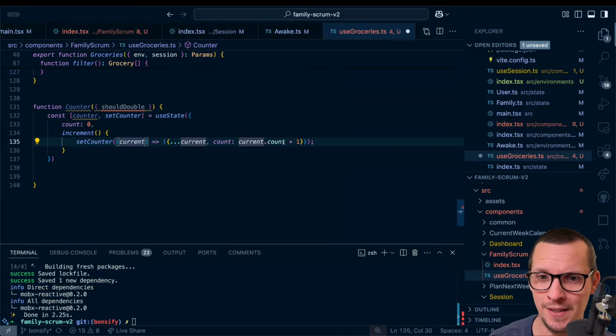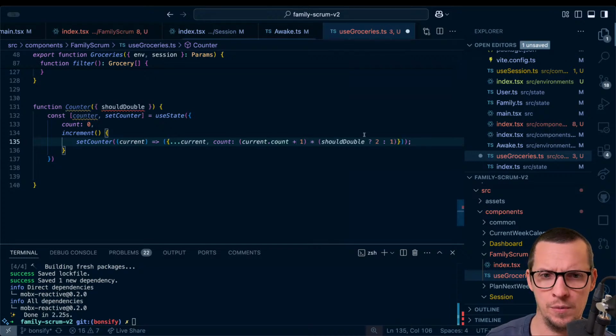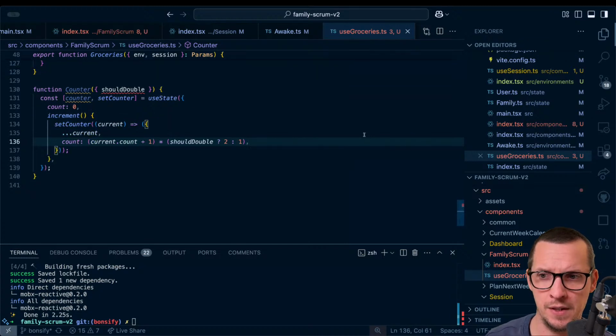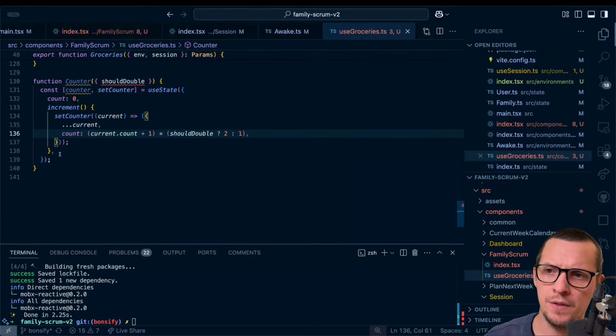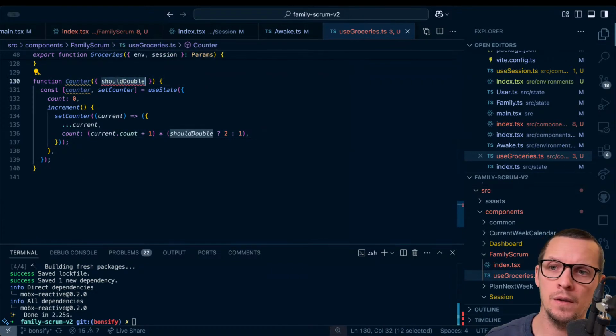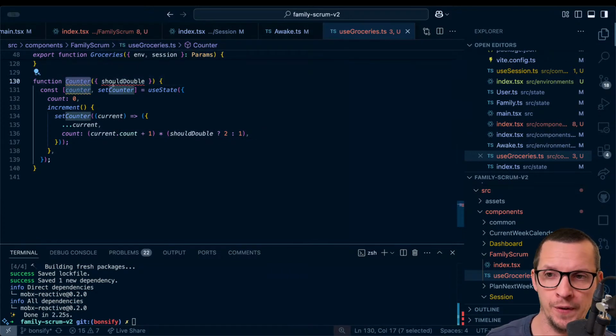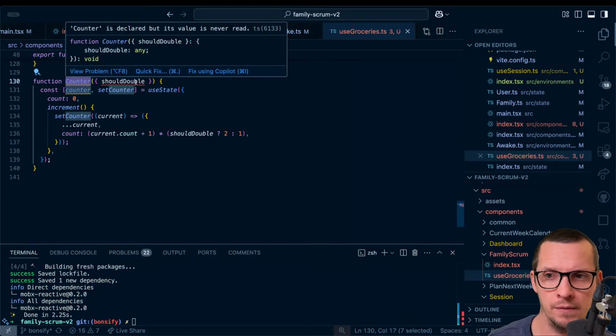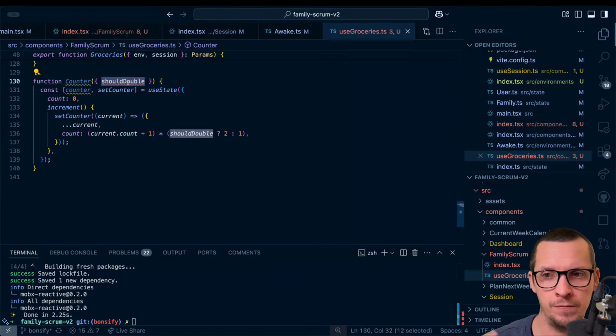Well, the problem is, how should we do this? Times, should double. This is the reason. So now this counter component might reconcile, right? There's a parent component that's flipping this should double flag.